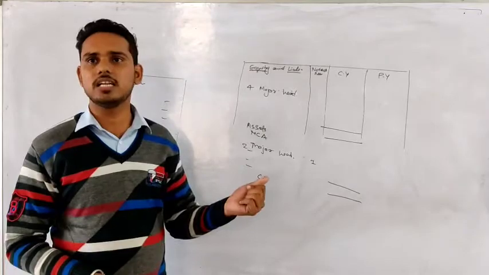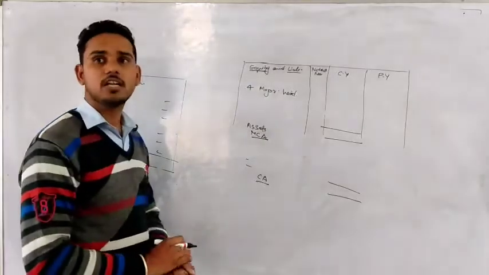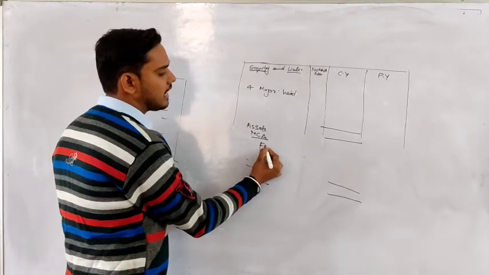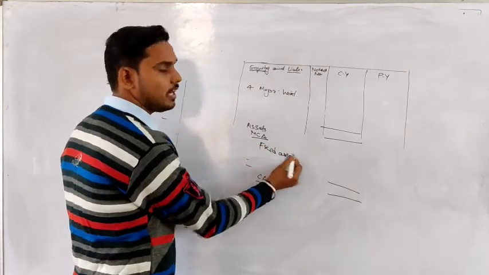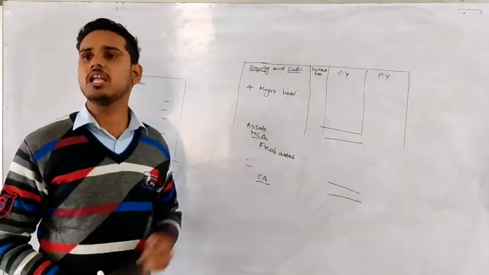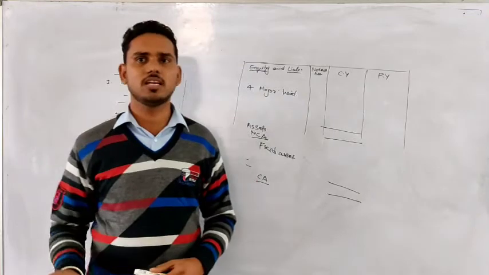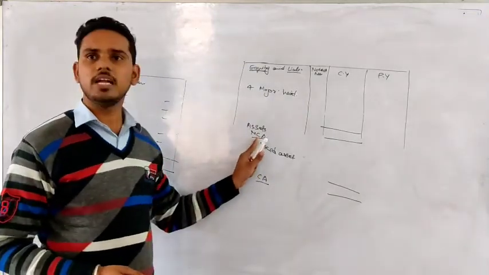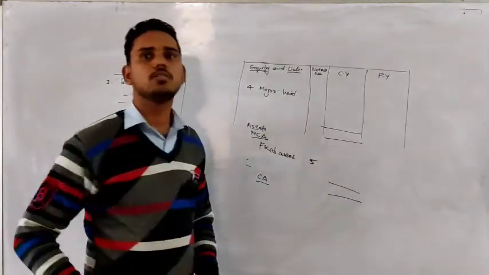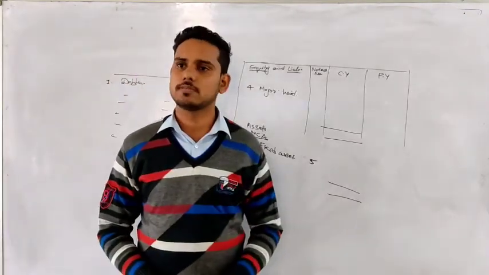Like first one is fixed asset. So let's suppose non-current asset is our major head and current asset is also our major head. So in that non-current asset we will write the first subhead as, let's suppose, fixed asset. Right? We have written fixed asset. This is our subhead. In this subhead also there can be much information. In our business there can be so many fixed assets, right? Building, plant, machinery and other things. So what you will do, you have written the major head. In that major head you have written the subhead fixed asset. And here you will write note number, let's suppose 5. So anyone can refer to note number 5 and they can see all the fixed assets of our business.